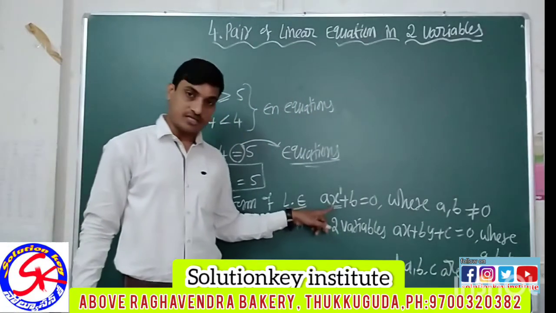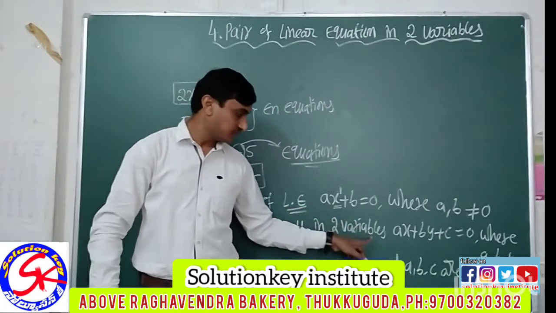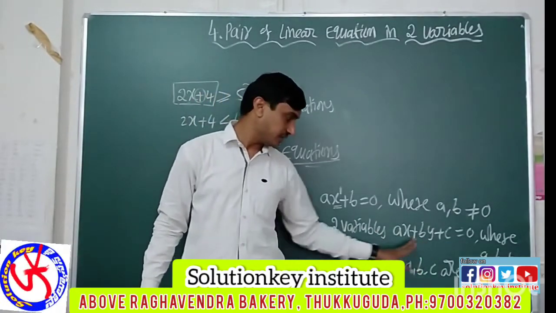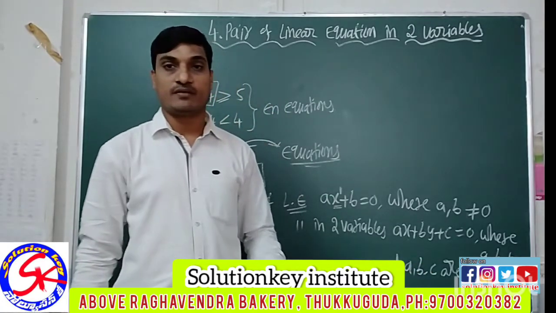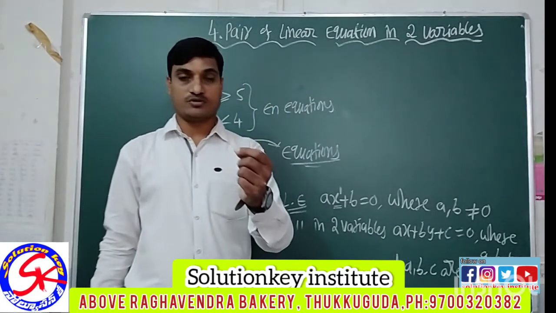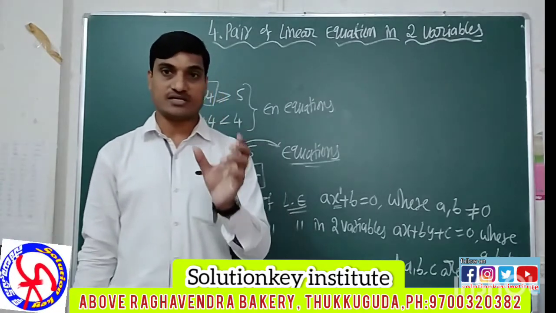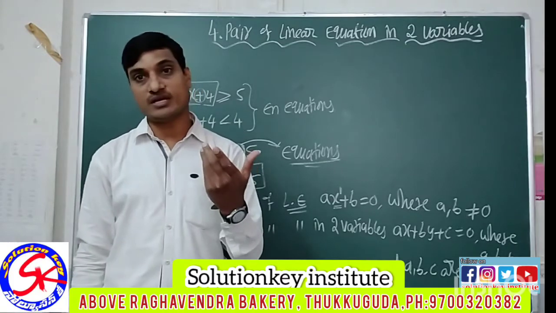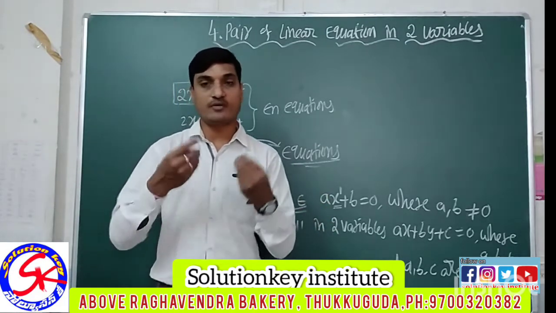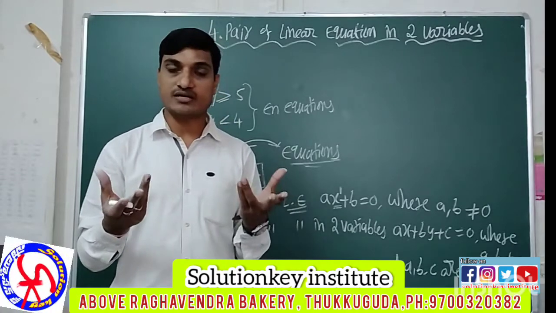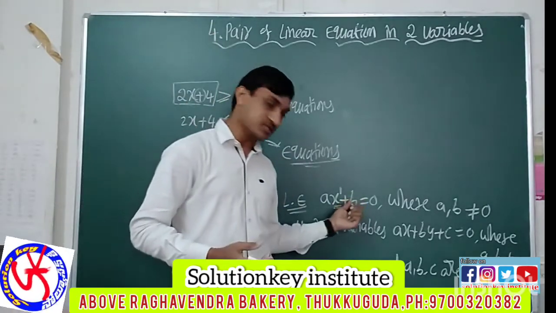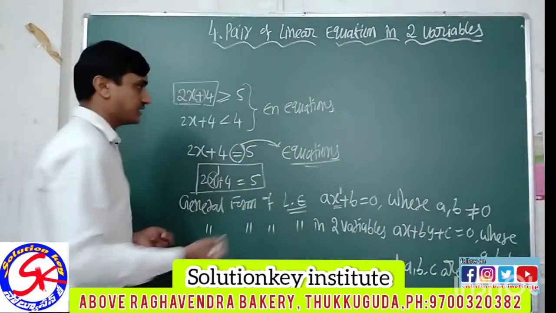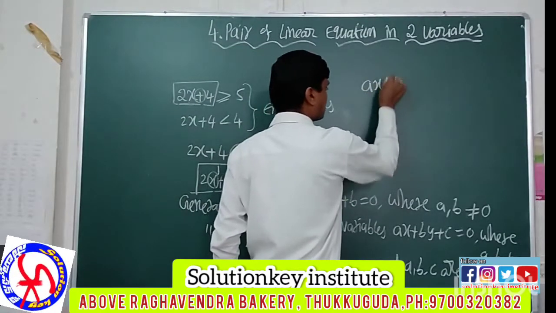Okay, this is a linear equation in one variable. It is also a linear equation, but in two variables. And a, b, c are real numbers. Sir, okay, you explained the linear equation in one variable and two variables. It's very good. But you can write three variables also. You can take as many variables as you wish. Here it is a linear equation in one variable, here in two variables. You can try to write a linear equation in three variables also.